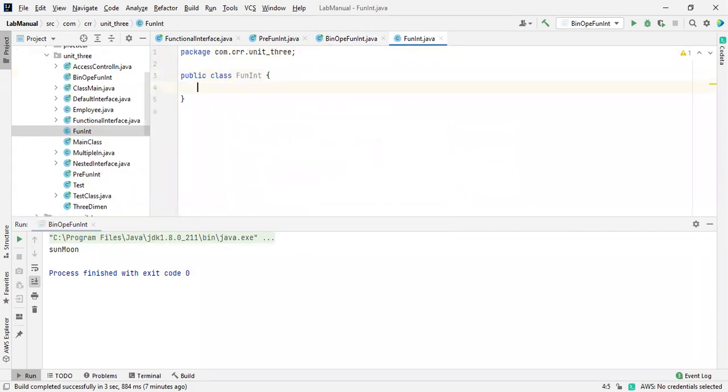For this, we need to take a public static void main. Inside this, I'm going to take the Function keyword. So how to do that? What does it consist of? Let me take it as a Function. This is a keyword.